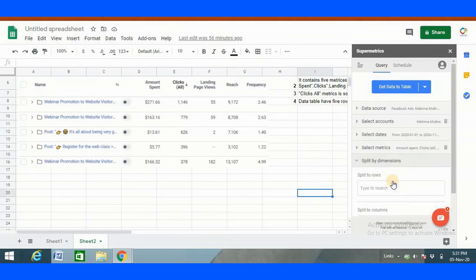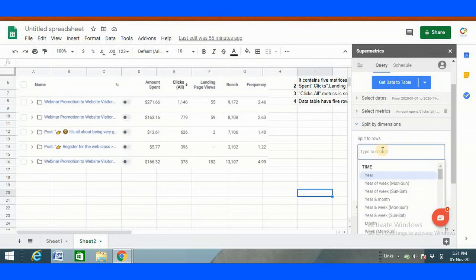Now click on split by dimension. Here I am adding the dimension campaign name.